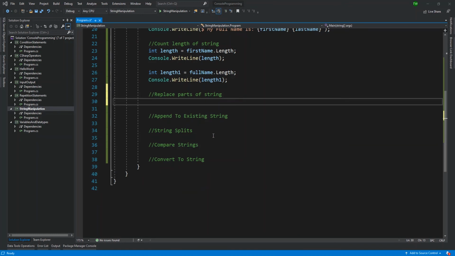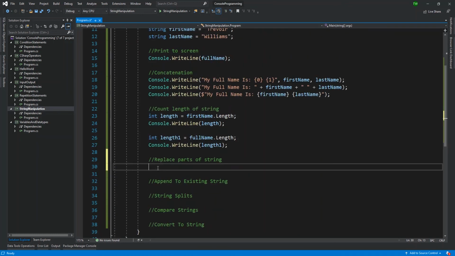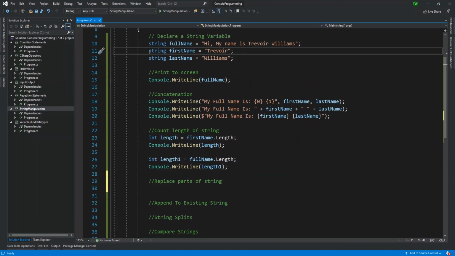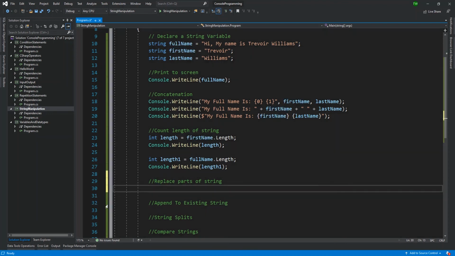C# makes it easy for us to replace the contents or parts of a string, but I'm going to explain what I mean by that. Once a string is declared, you cannot just run the function and change the value of the string. You'll have to put an operation like a replacement inside of another variable, and then you may use that variable. So I'm going to declare a new variable, string new name, and make it equal to the first name